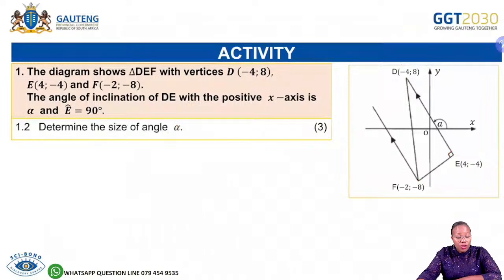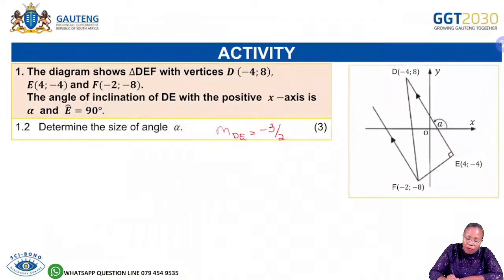And now, continuing, we are still in the same diagram with the same given information. Now we need to determine the size of angle alpha. Remember, we have calculated that the gradient of DE is equal to minus 3 over 2. As you are calculating, relate your solutions to your diagram, to check whether they are correct, according to the prediction